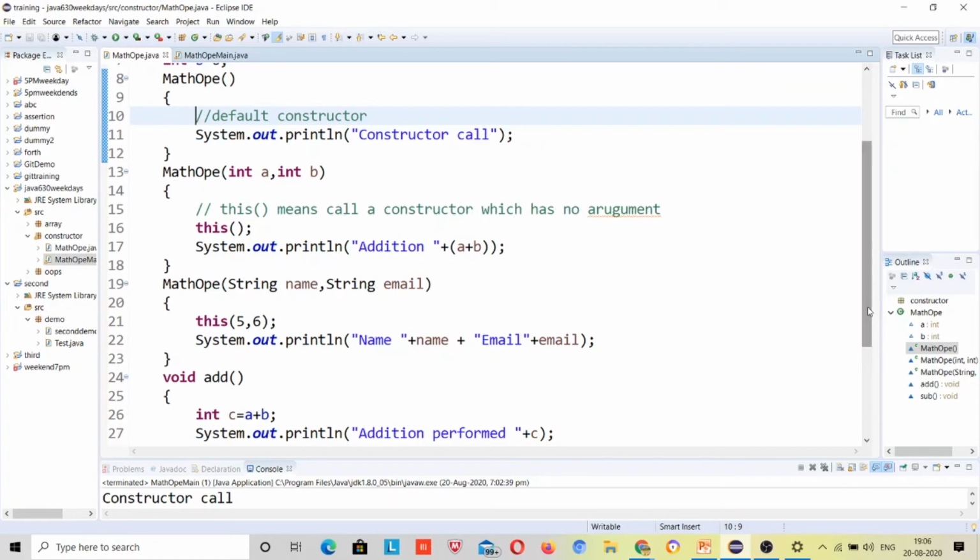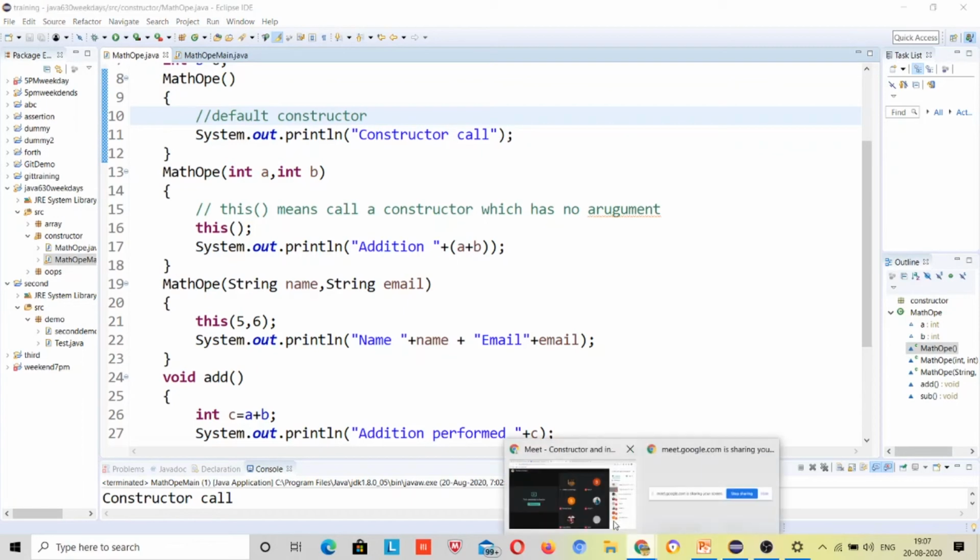No, no. First will come the constructor with string name and string email, then inside the bracket this keyword is there. So it will display the addition of A plus B. Before that, it again called the first, it will display the constructor call, then addition 11. The third one is the name and email. Yeah, right, this time correct.